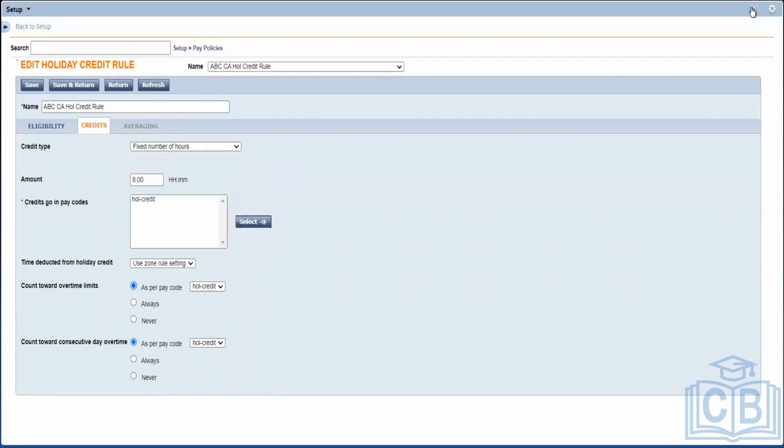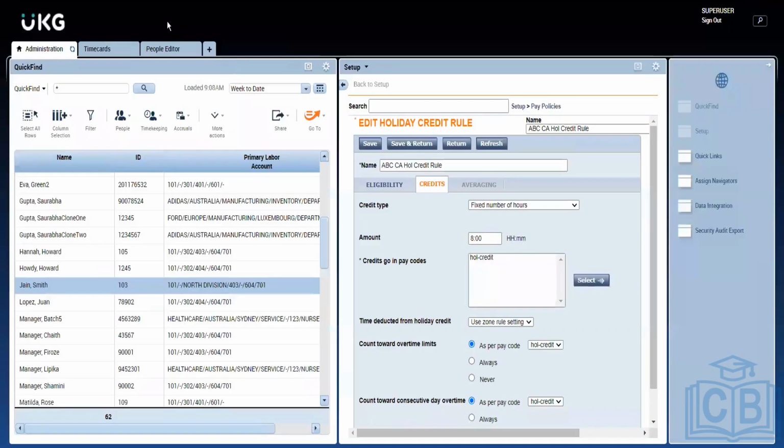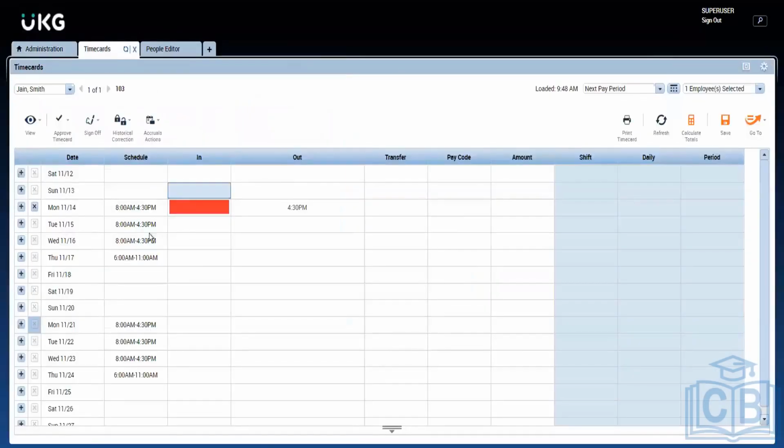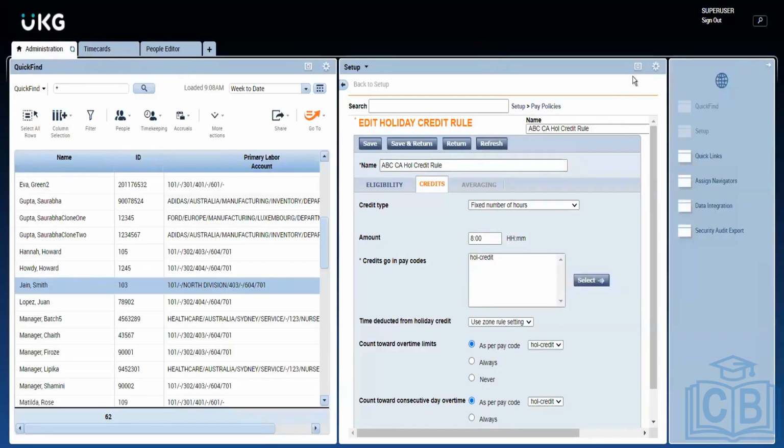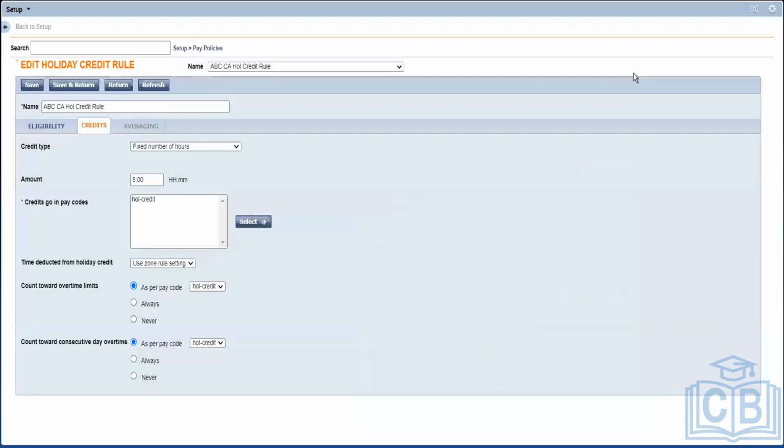Hours from the schedule is pretty straightforward. For that particular day, what schedule he is having. This guy is having AM to 4:30 PM and out of that a 30 minutes break. That means he is having an 8 hours schedule. So apparently it will provide 8 hours of holiday credit. If an employee is having a 6 hours schedule, it will provide 6 hours of holiday credit. Apparently, it will fetch it from the schedule. What schedule he has, how many hours he has in the schedule.